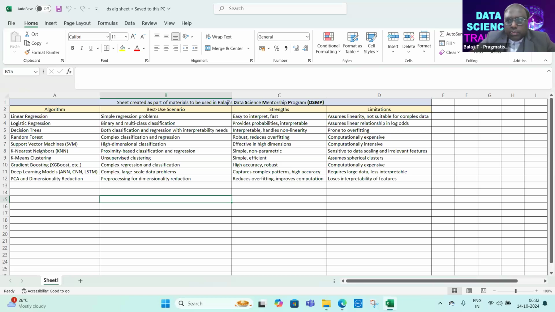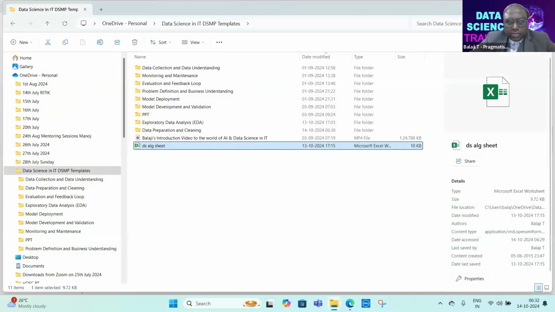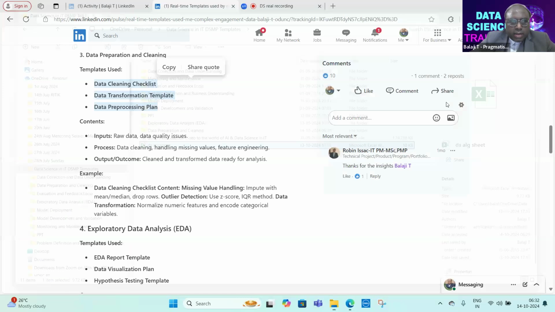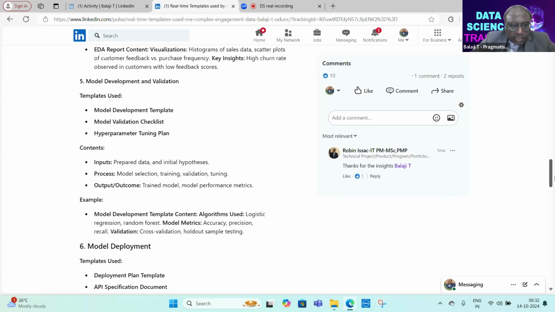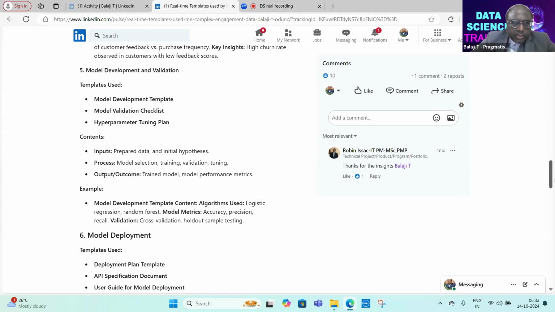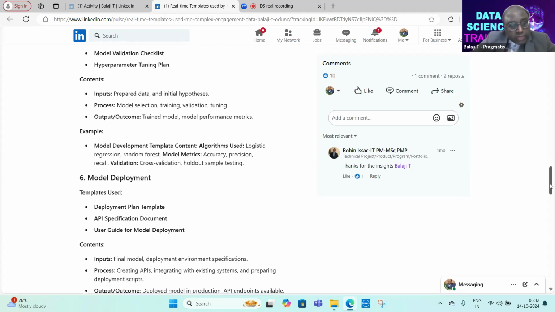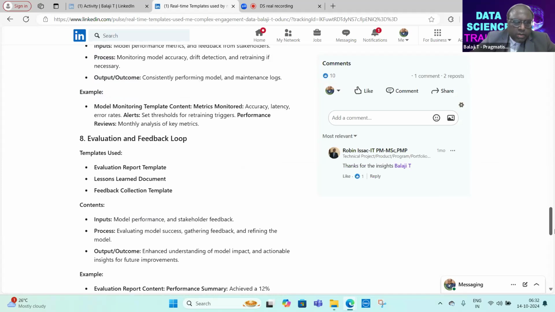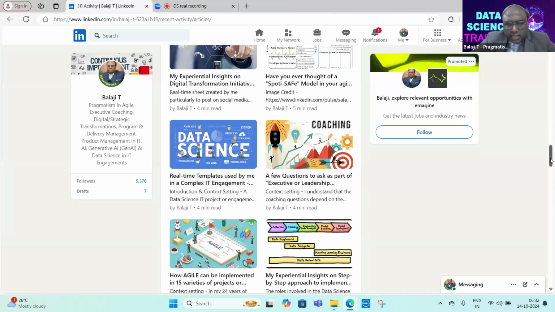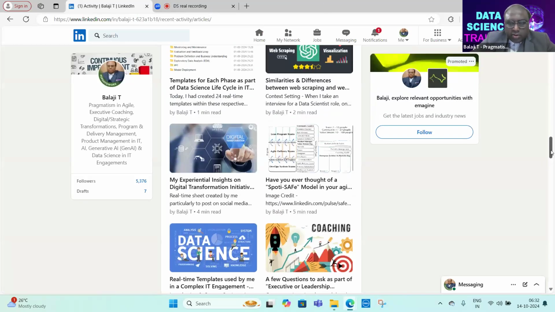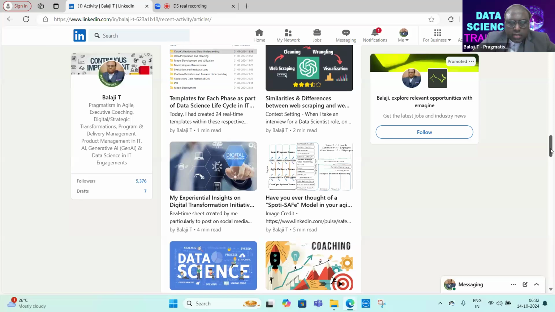Now let me close this and stay focused to continue the article. That is how I have written it for all: the templates used, the contents within them, the input, process, and output or outcome, and how you factor in the feedback loop. So I wanted you to go through this article too if you are very serious about expediting your career trajectory in data science.